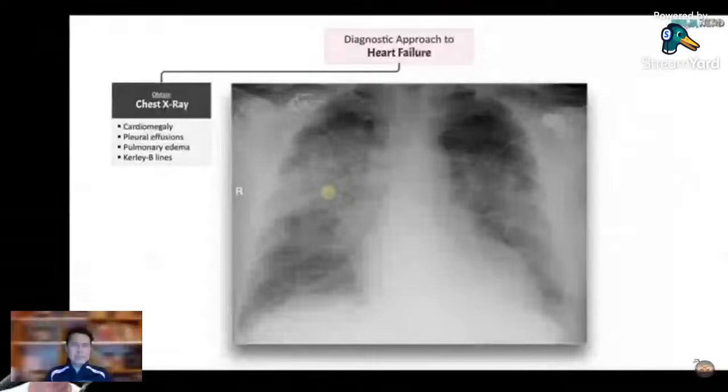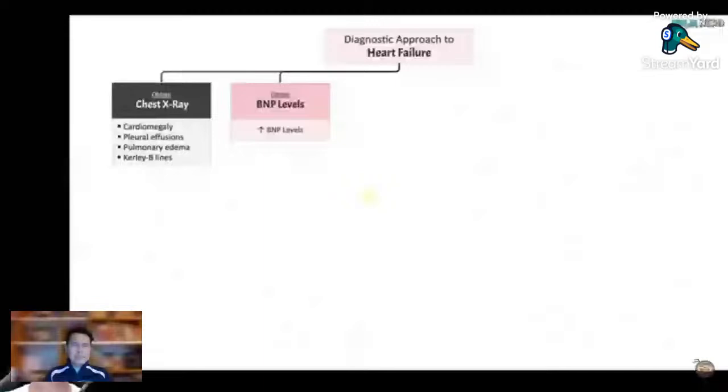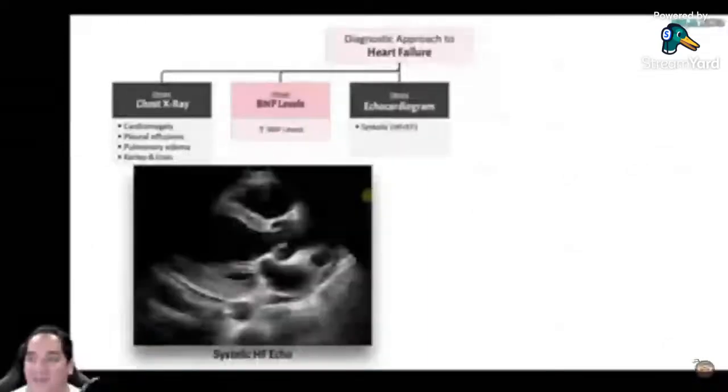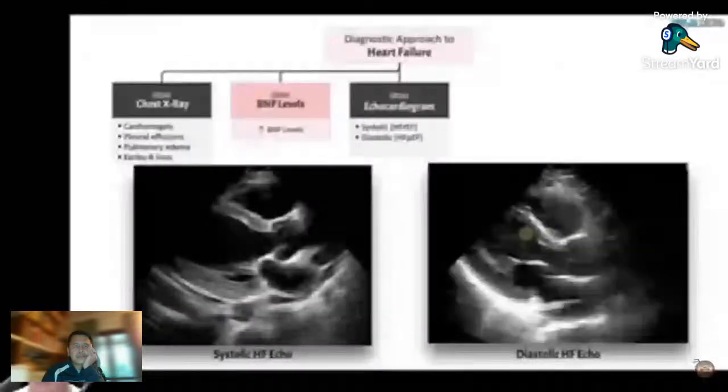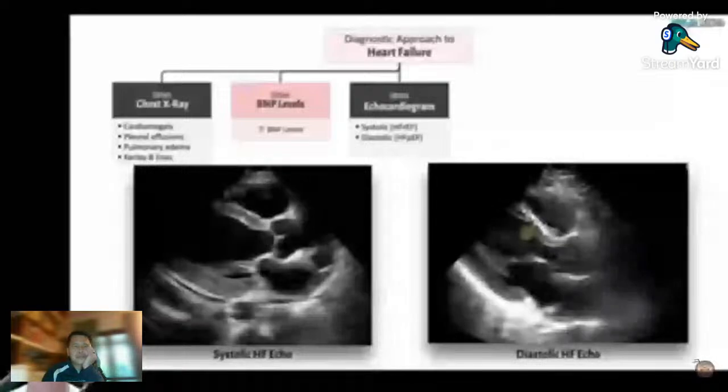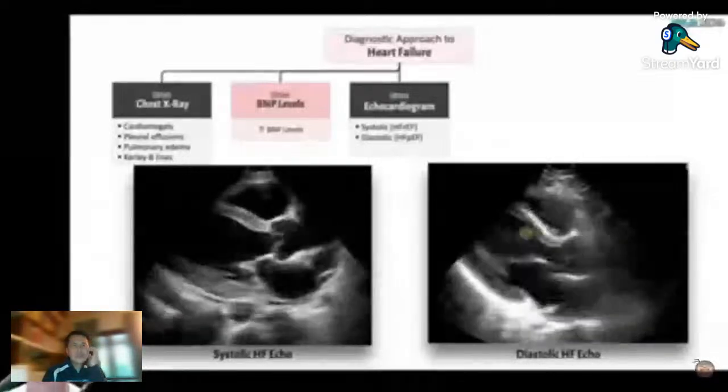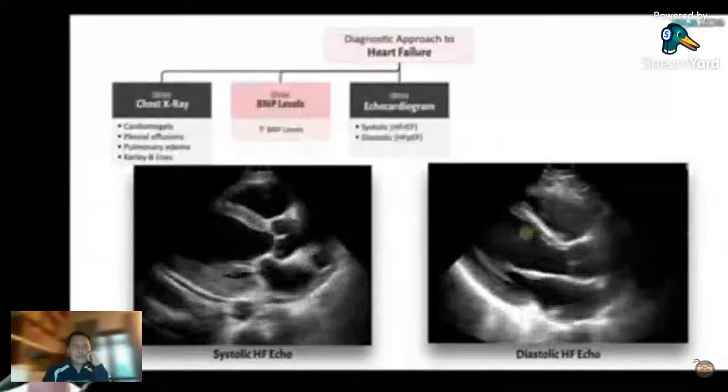The ejection fraction is a key test for heart failure. In combination with the chest X-ray, very good. Also do an exam. If you don't see it on the chest, look at the JVD, look at the legs, look at the abdomen to see if they have any features of systemic congestion, and combine that with their echo. After you've done that, you should be able to determine: is it right versus left?